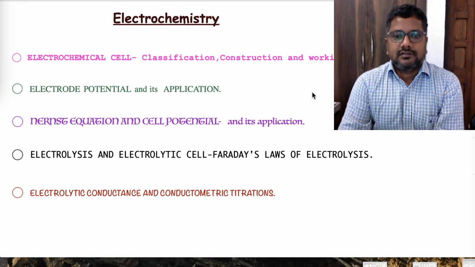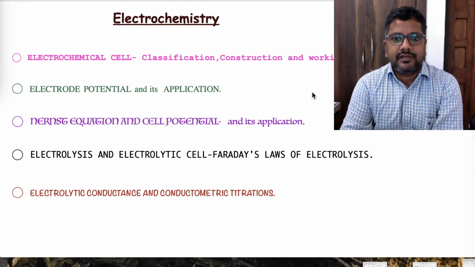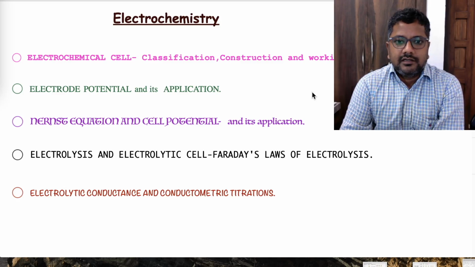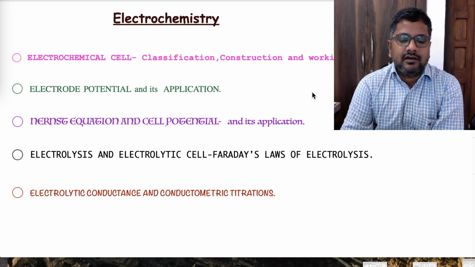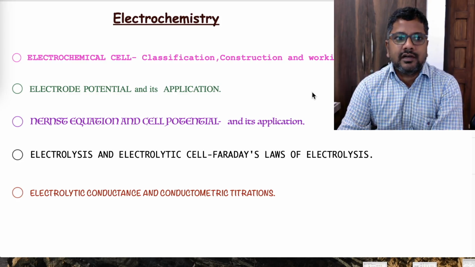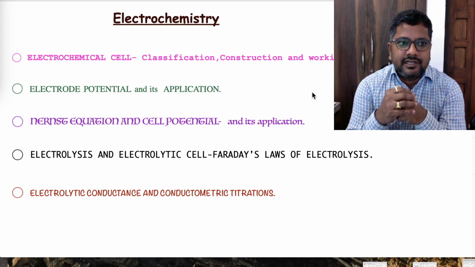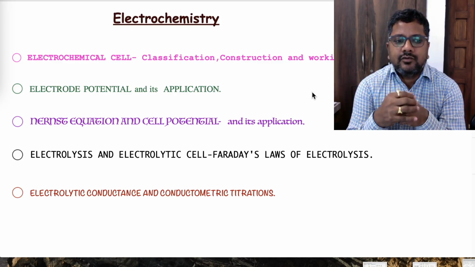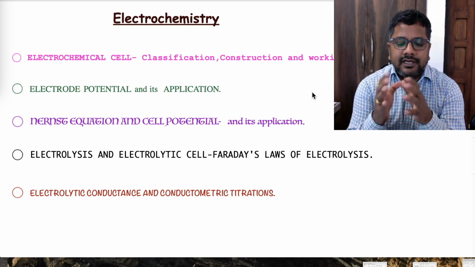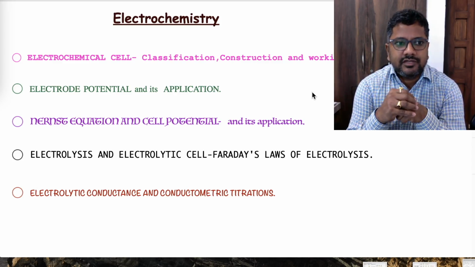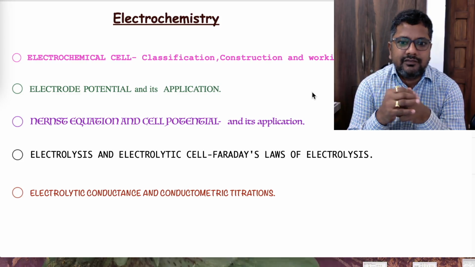Let's start our electrochemistry. This is a very important chapter, and in chemistry it has great importance in explaining many chemical or physico-chemical properties of matter. For example, suppose that iron is given in a particular oxidation state and it is asked whether it is stable or unstable. With the help of knowledge of this chapter, you can very easily explain whether the given ion is